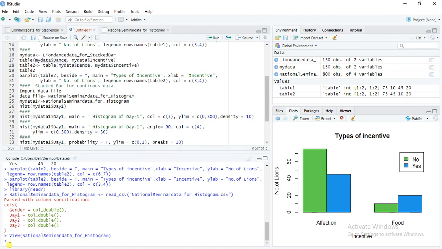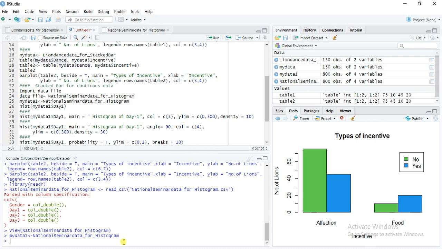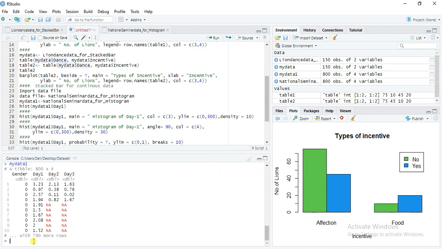Because the file name is very big, for my convenience I will write here my data 1, national seminar data for histogram, and then enter. So my data 1, this is day 1, day 2, and day 3. There are some missing values in our data.